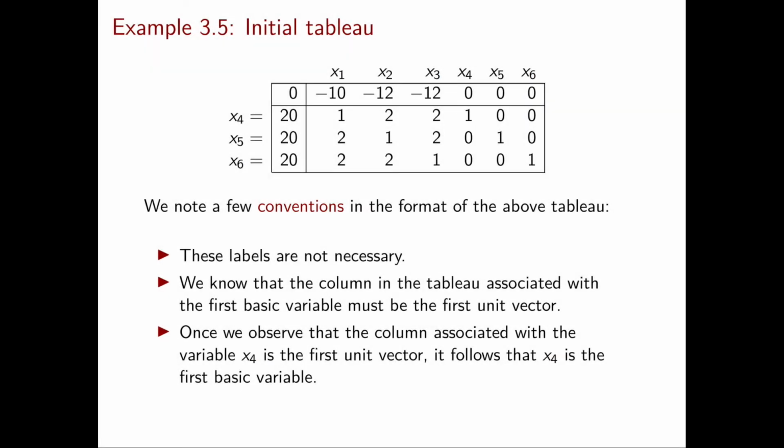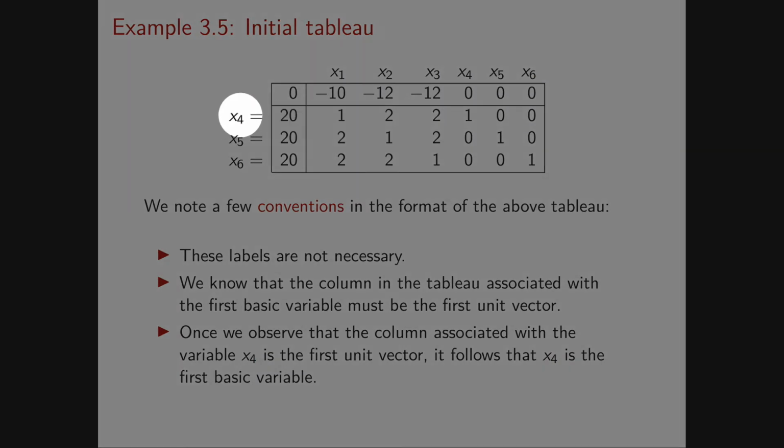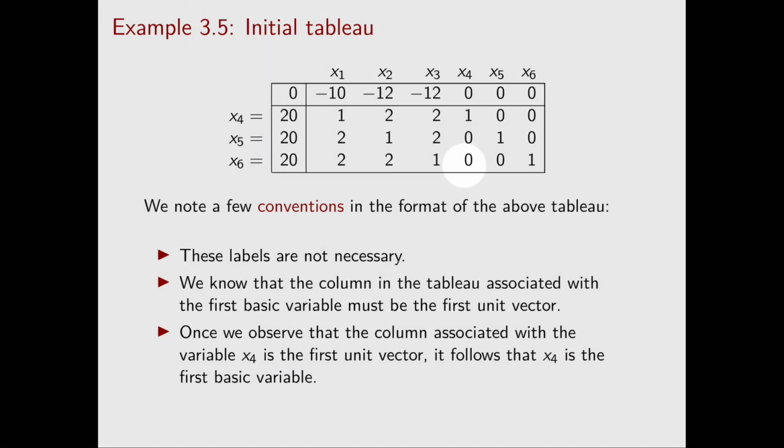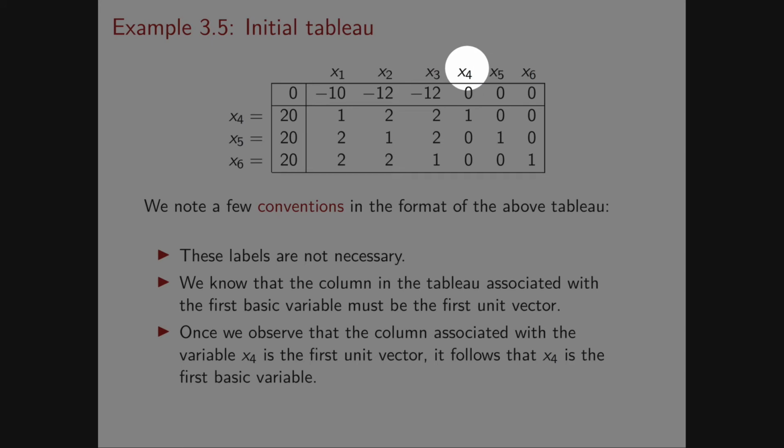In fact, we know that the first basic variable, in this case x4, will have the associated column, in this case here it is, the column of x4, which is the first unit vector. And in fact here we have the first unit vector. Therefore I could have just found this unit vector in my tableau. Now this is the column corresponding to x4, and so I look at the row where the 1 is, and correspondingly I will write x4 here. Similarly, the second basic variable corresponds to the second unit vector.